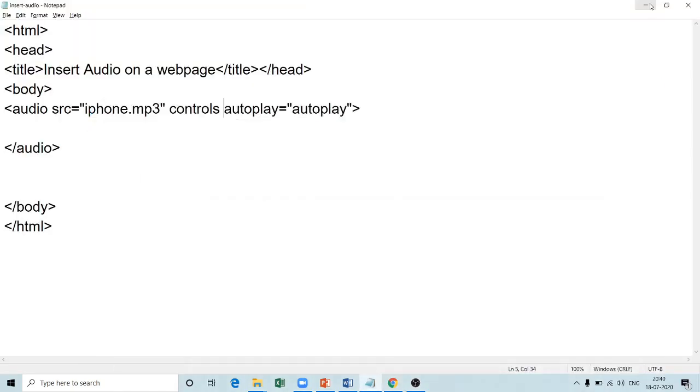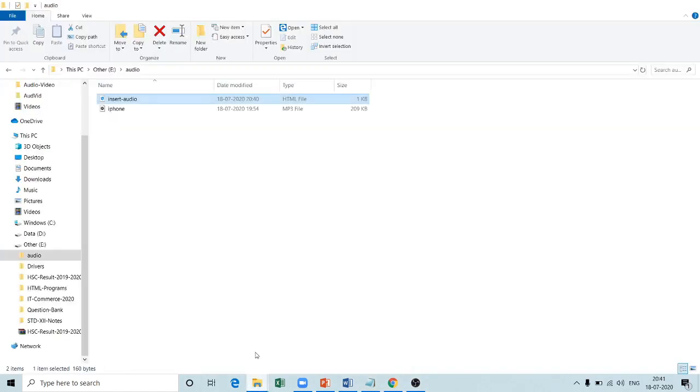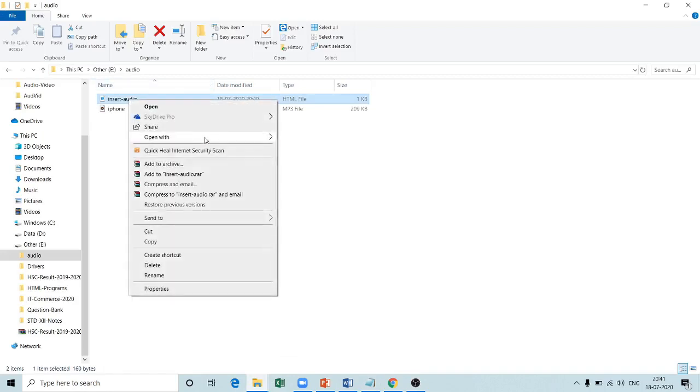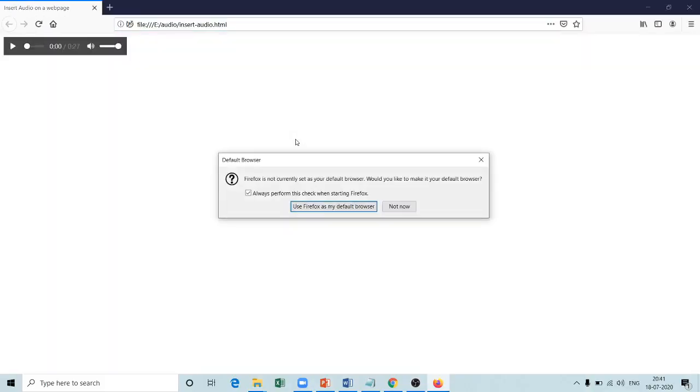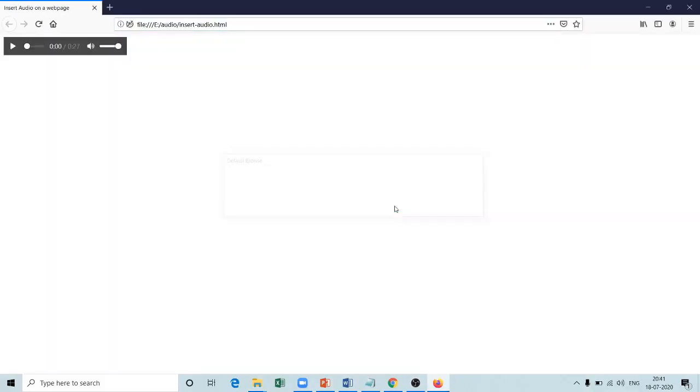As I told you earlier, the autoplay attribute is supported only by Mozilla Firefox and no other browser. So what I will do is open this file using Mozilla Firefox. Open with Firefox. Some notification is there.